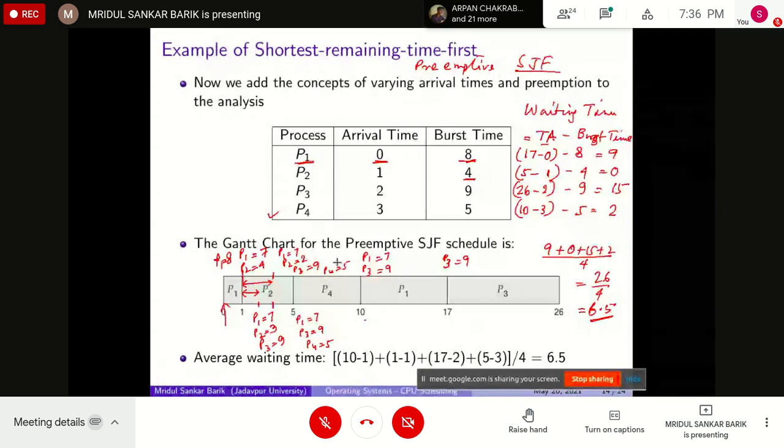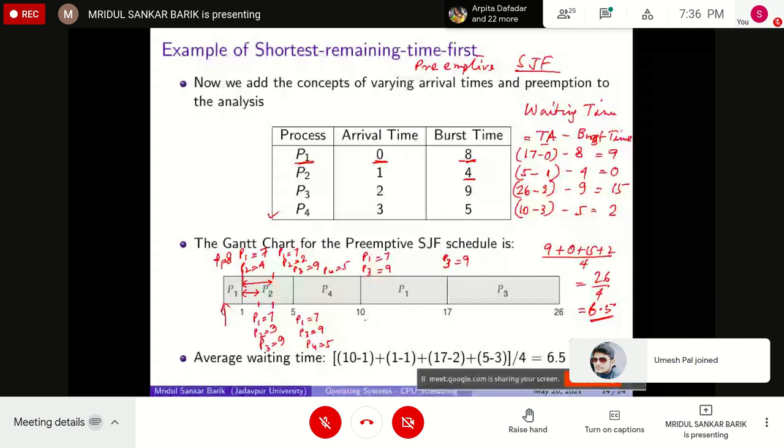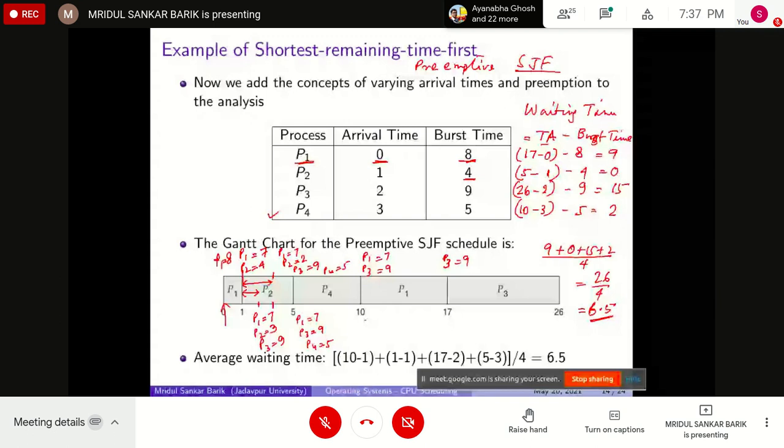এইভাবে যখনই কোনো নতুন প্রসেস অ্যারাইভ করছে, তখন আমরা প্রত্যেক প্রসেসের টাইমটা দেখবো। নতুন প্রসেসটা আসছে, তার টাইম যদি তার রিমেনিং থেকে ছোট হয় তাহলে তাকে প্রিএম্প্ট করবে। আচ্ছা স্যার। ঠিক আছে? হ্যাঁ স্যার ঠিক আছে।